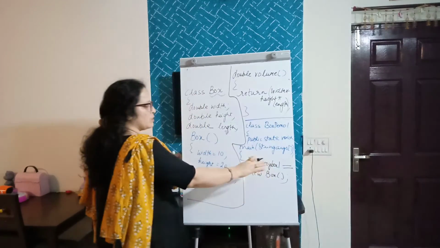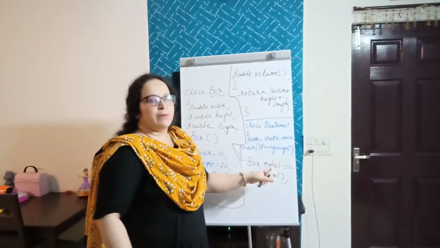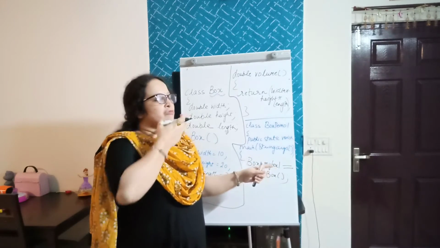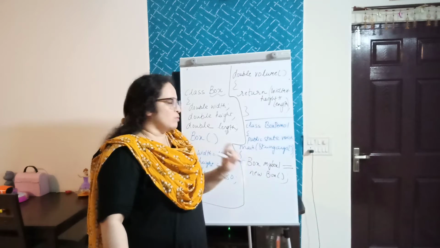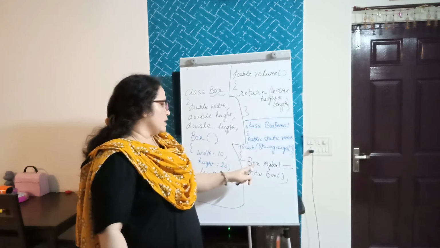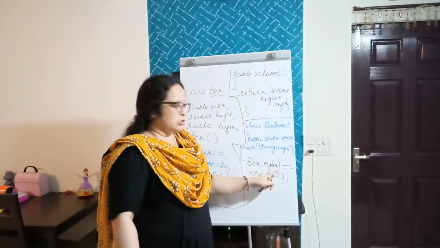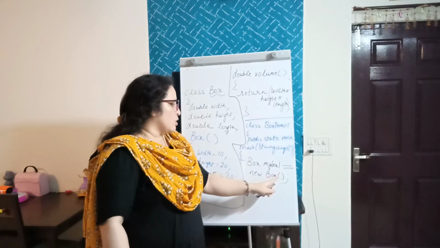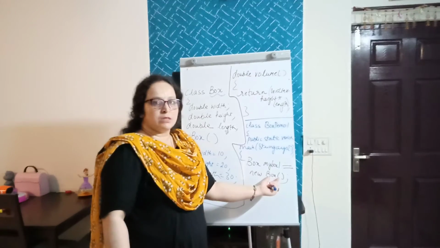Right now I'm showing you this example with the help of one object only. In my last PPT, I explained it with the help of two objects. So you have to just understand it, and we can understand it with the help of one object only. So what I have done, I have used the class Box followed by the name of the object, that is mybox1 is equal to new Box. Now whenever this parenthesis is used with the name of the class, what is this?